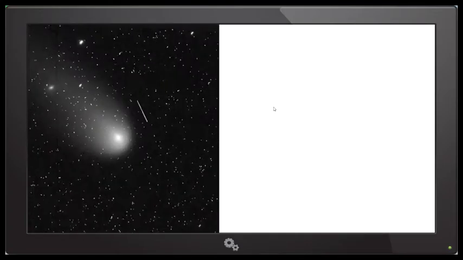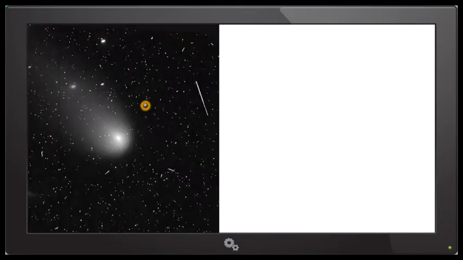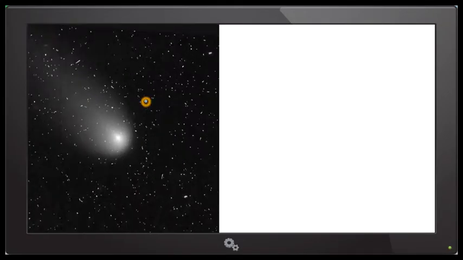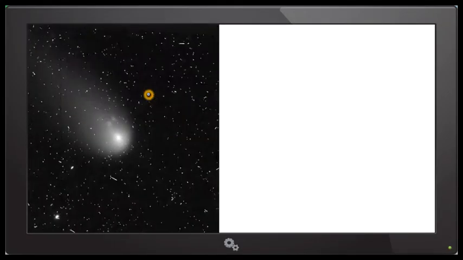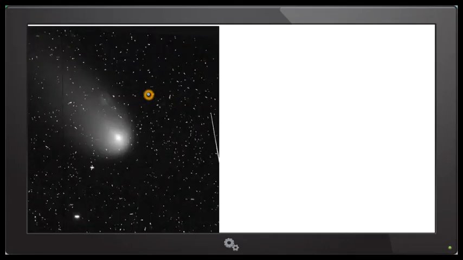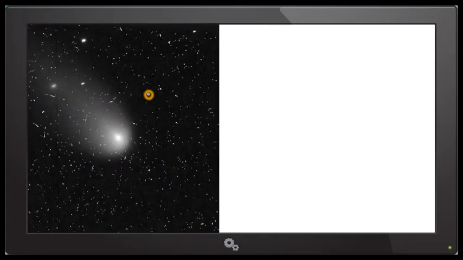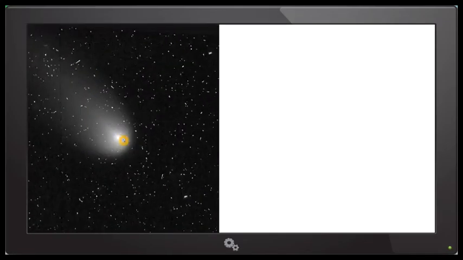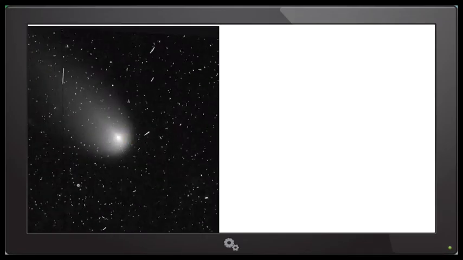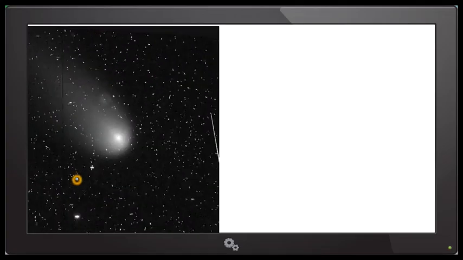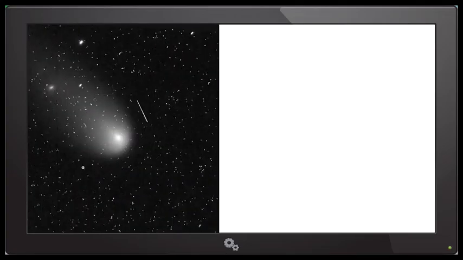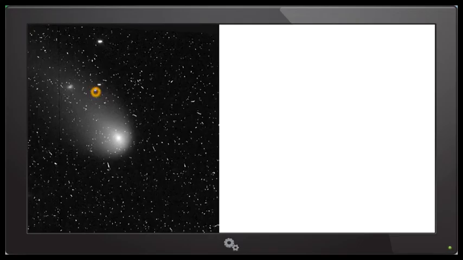You can see this is an animation from the first set of images that were released from Hubble of Comet ISON. And when Hubble took these pictures, NASA stacked them in such a way as to eliminate the stars in the image. They did a median combine. And as you can see, they tracked the Space Telescope directly on ISON, on the comet, and the stars formed streaks. Now there's a bunch of streaks in this image. Most of it's cosmic radiation, cosmic ray hits. There are some stars, however,